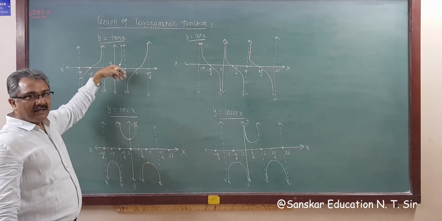Now sec: the range of sec excludes minus 1 to 1. So this is 1 and this is minus 1. This point is 1 and this point is minus 1. So the range of these functions, sec and cosec, lies outside 1 and minus 1. So this is sec pi by 2, 1 upon cos pi by 2, that is undefined, minus pi by 2 undefined, so this is undefined. Cos 0 is 1, so this is 1, your minimum value for sec. So you will get a graph like this of sec x, and similarly cosec is this one.